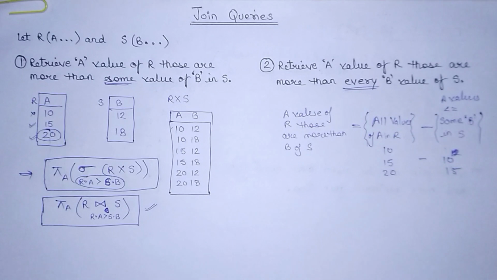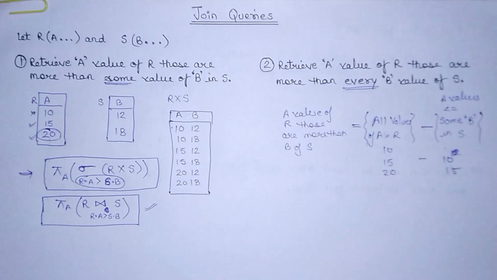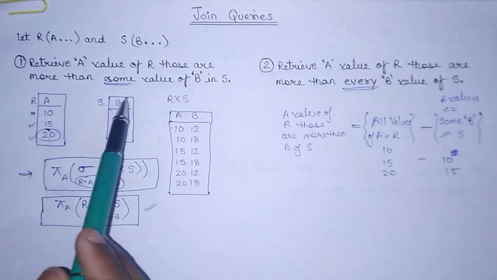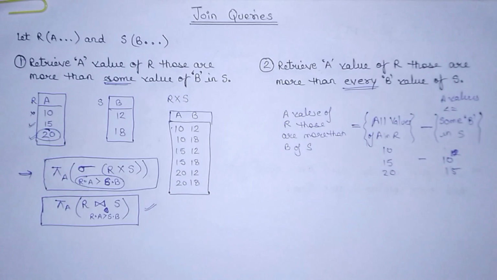As you know, in the previous video I explained the different types of join in relational algebra. Here we will understand how you can formulate a query if a particular statement is given. In the GATE question or in the UGC NET or any competitive exam, they can give you a particular statement like this, and four different options, and they will ask which among the four options is the right query for this particular statement.